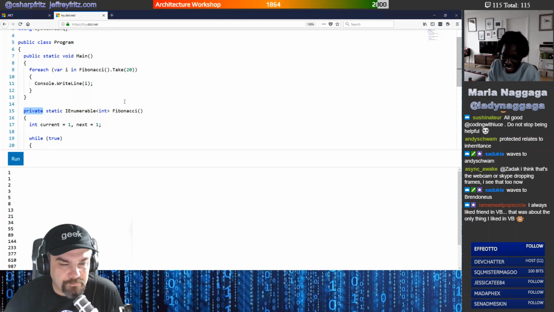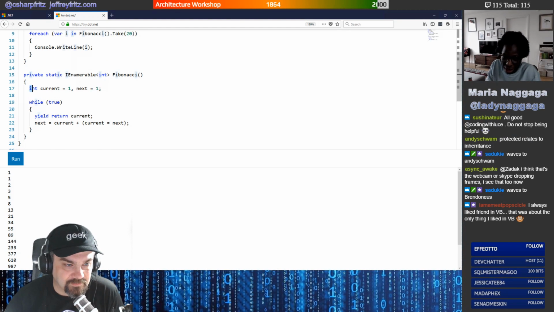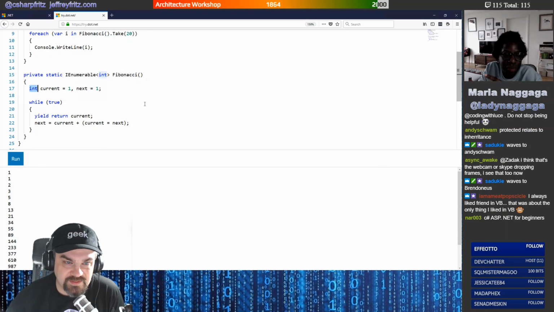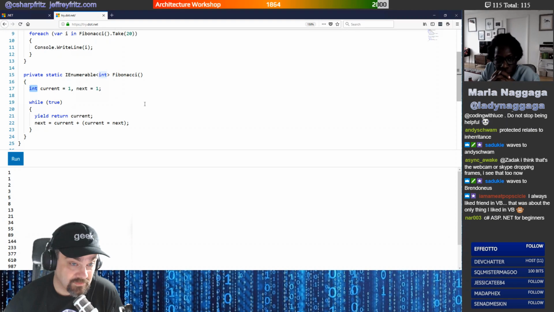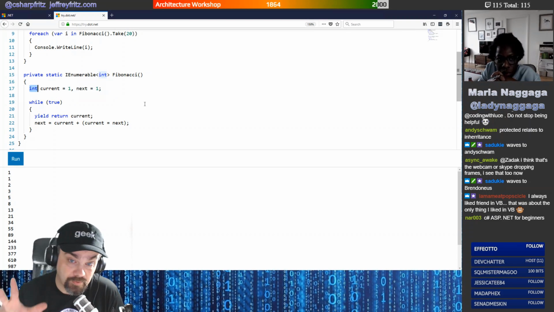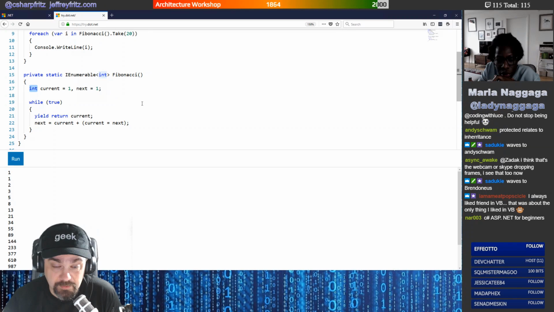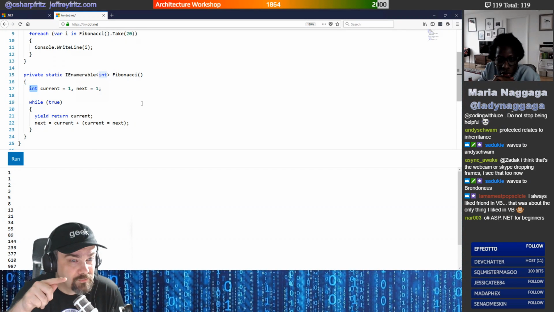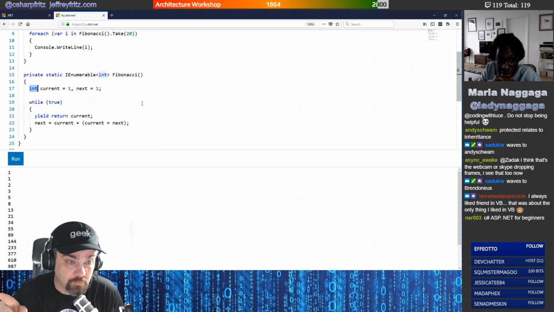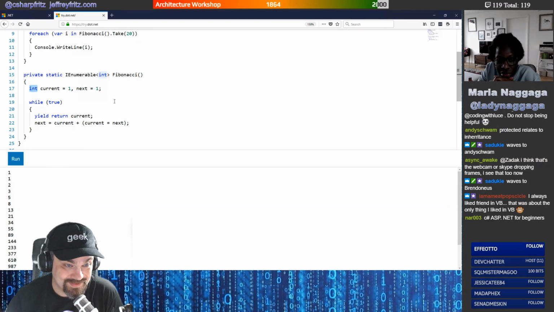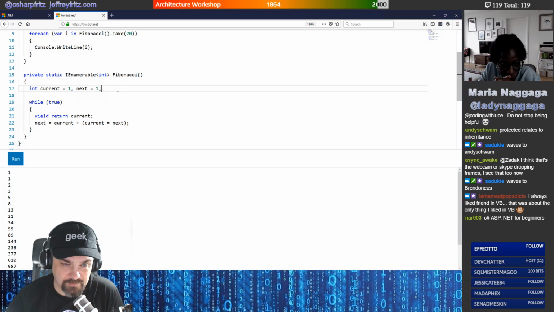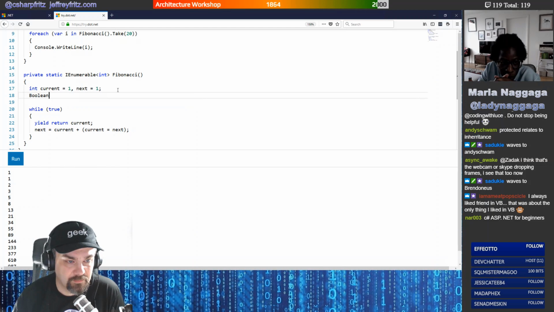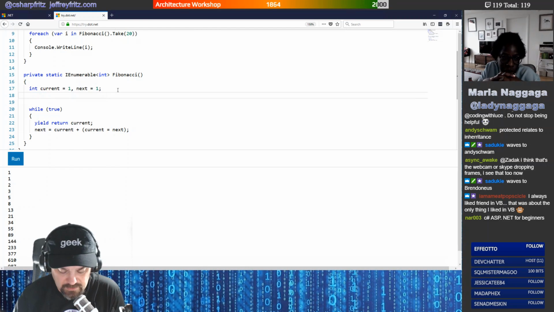Now, this other thing that we have here, this int, that's a variable type. This is what we call a primitive type, and it's defining an integer. It's a whole number here in C sharp, and you can use a range from negative 2.1 billion to positive 2.1 billion with an int. Now, there's a couple other primitive types I want to highlight. Bool is also available, which is short for Boolean. Double,